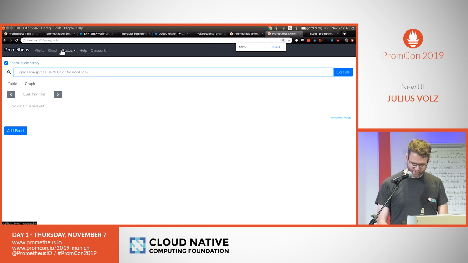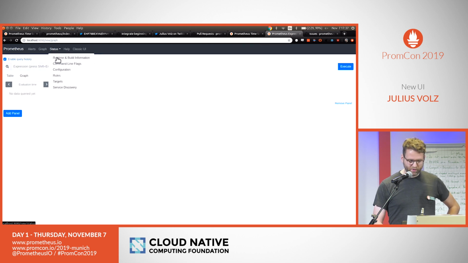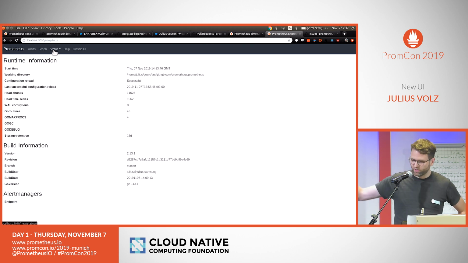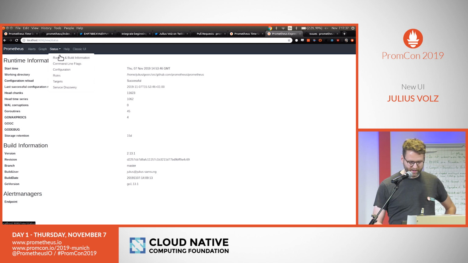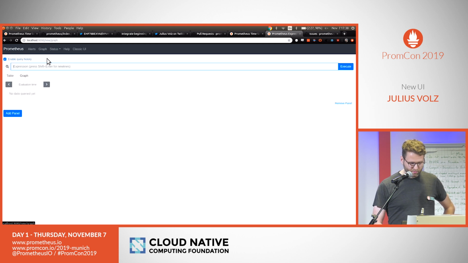Let's see, am I on 100% zoom? Yeah. And some of the sub pages, by the way, the whole nav and all the other pages, were added by contributors now. It's all a single page app now. It's based on APIs and just fetching the data from APIs. And yeah, the graph view,